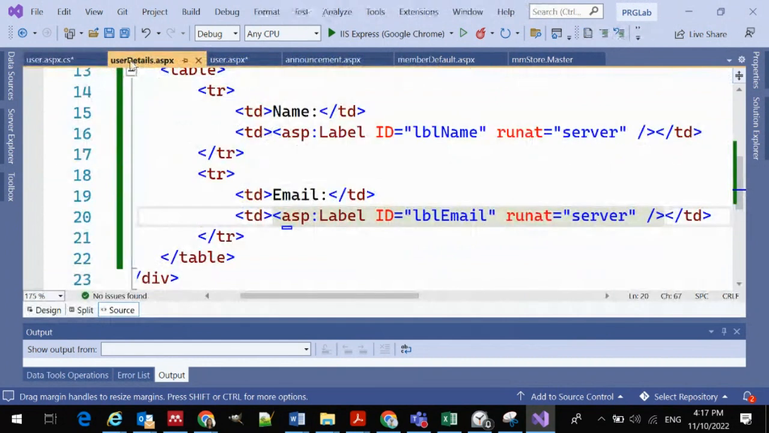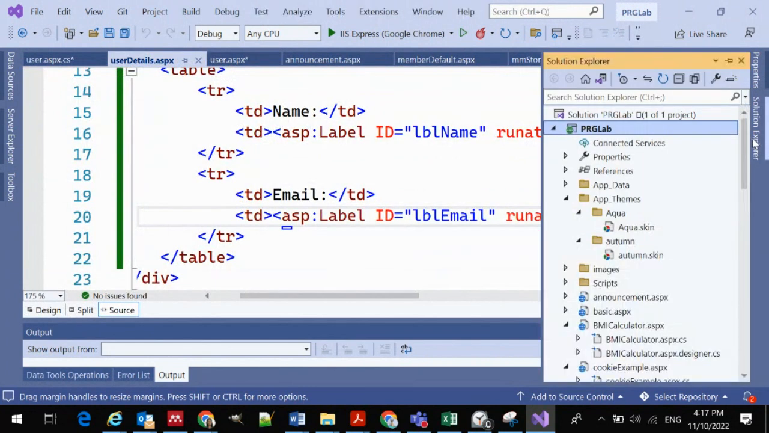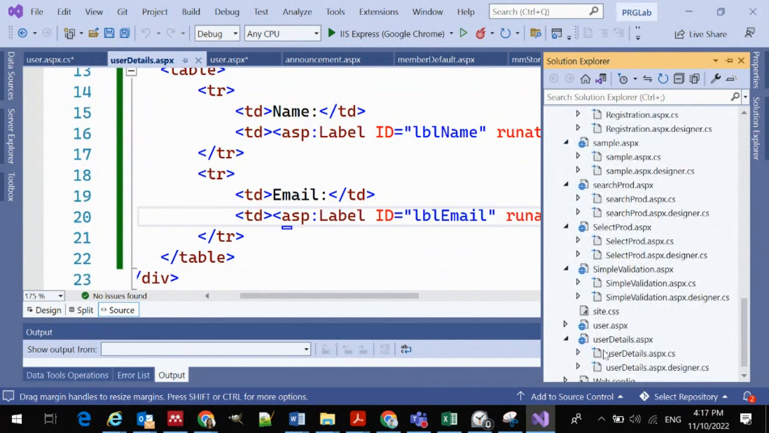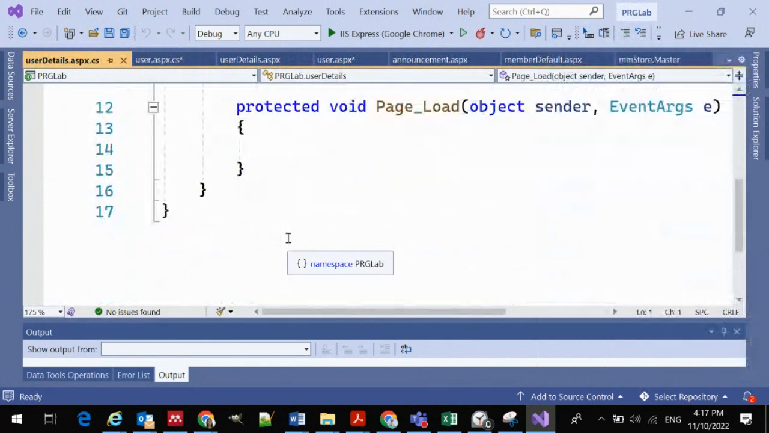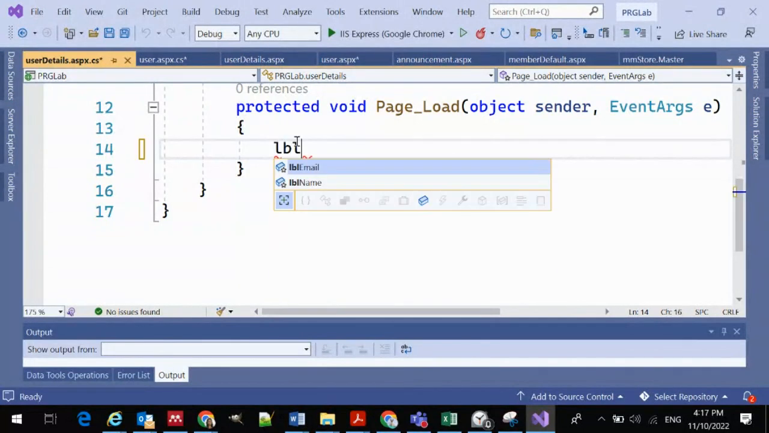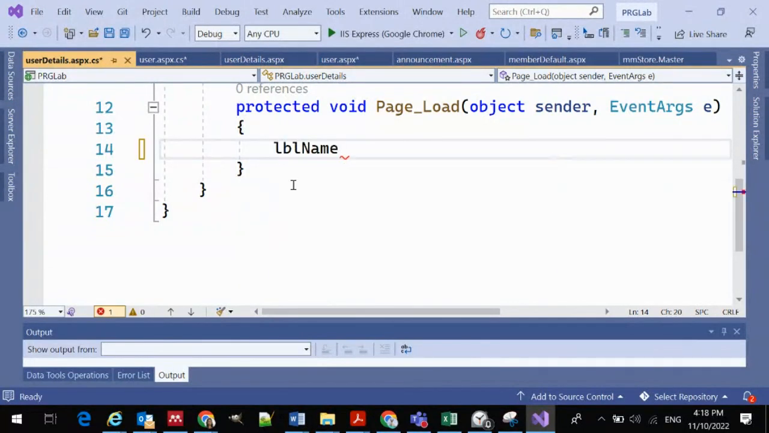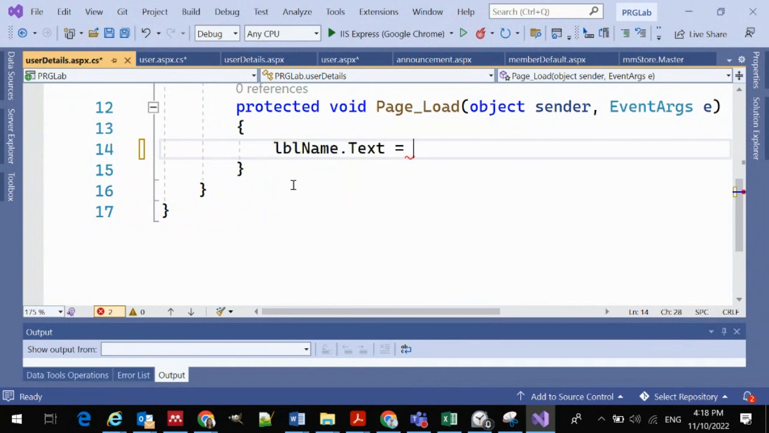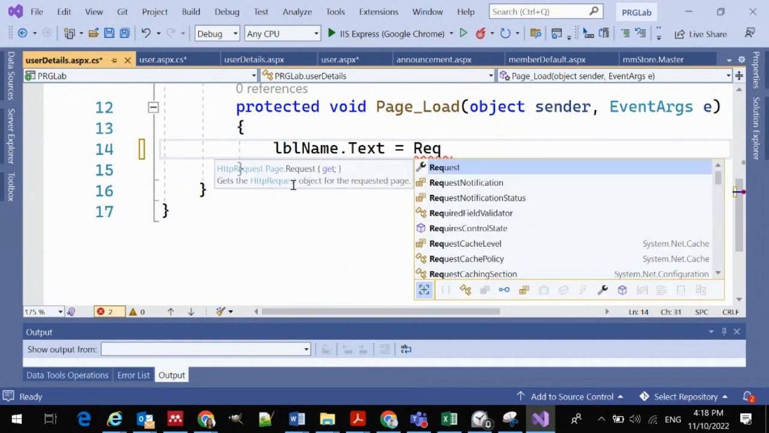Now we have to go to our user details page. You have to go to your C#. For this, I want it to load during page load. That means as soon as the page loads, I want it to appear. So first thing is I've got a label, LBL name. I want the text property, and I want to grab the text property from my query string. To do that, I will use request